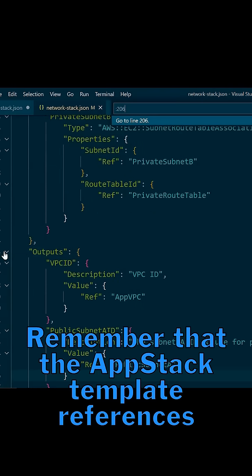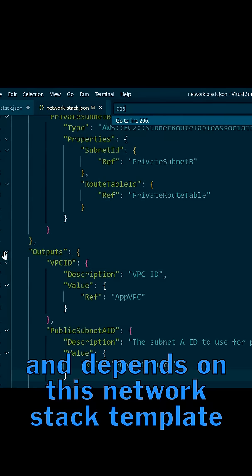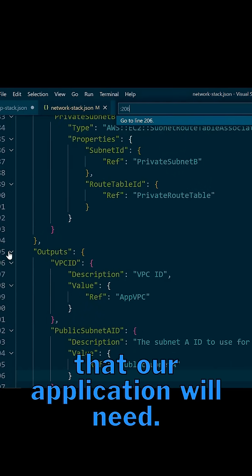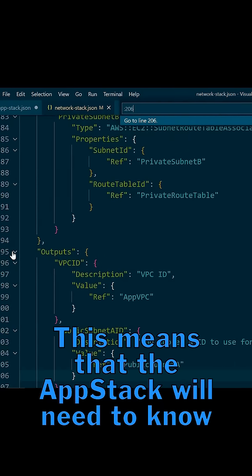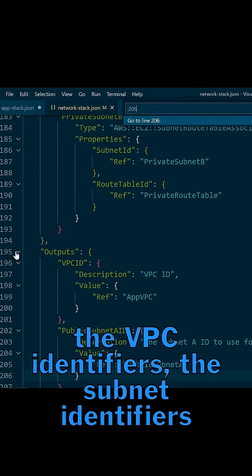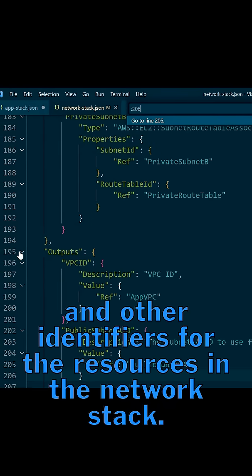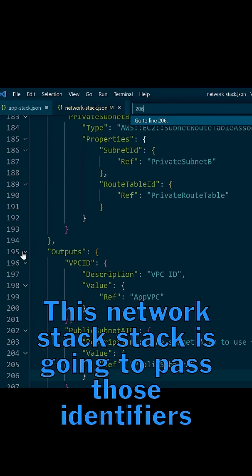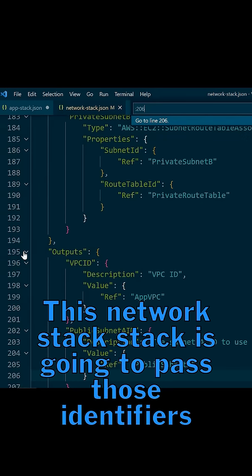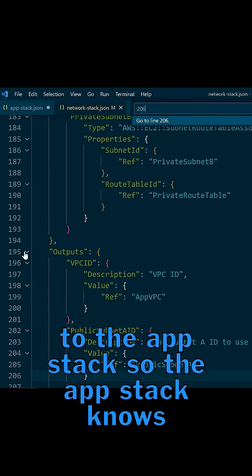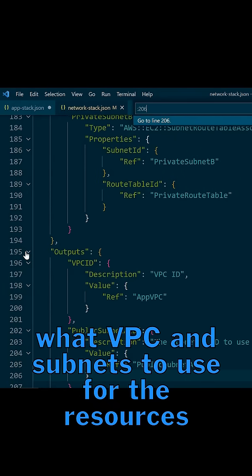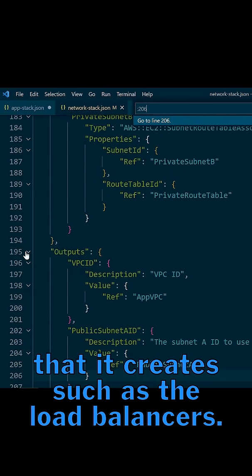Remember that the app stack template references and depends on this network stack template to create the network resources that our application will need. This means that the app stack will need to know the VPC identifiers, the subnet identifiers, and other identifiers for the resources in the network stack. That is where this outputs section comes in. This network stack is going to pass those identifiers to the app stack so the app stack knows what VPC and subnets to use for the resources that it creates, such as the load